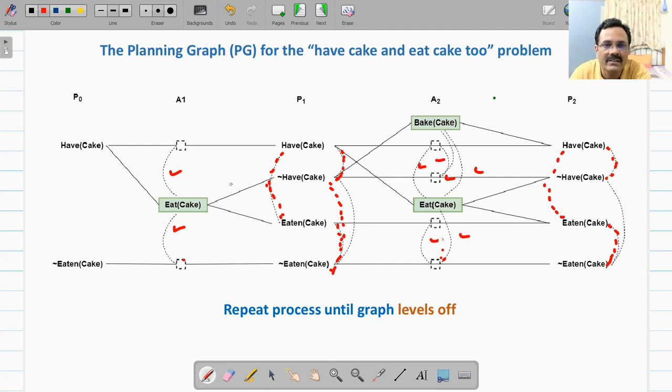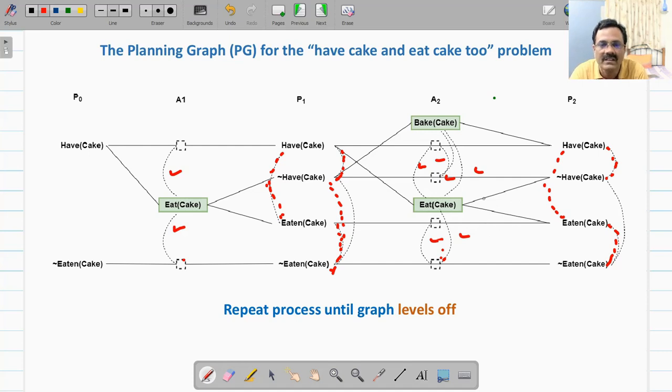For literals, if corresponding actions are mutex, then their effects will be mutex in preposition layer, and for two prepositions, if one is negating another, then they are also mutex. So in this way you will have to repeat this process of adding layers in the graph and adding mutex relations until the graph levels off.